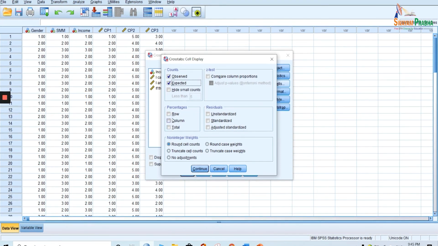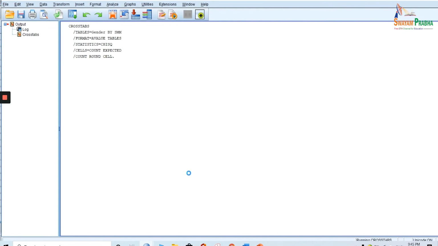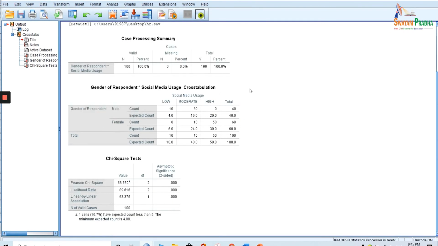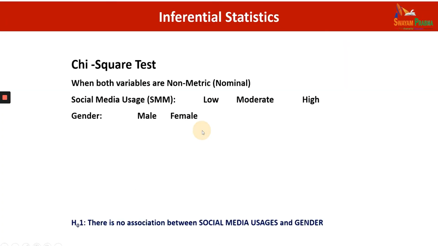But it is optional. Even if you do not check it, it will give you the result of your hypothesis. So let us continue this one, and the rest everything is okay. We have to press now the OK button. Now let us understand, because our ultimate aim is that we have to either reject our null hypothesis, or we have to fail to reject the hypothesis. We have to take the decision on this very hypothesis which we have just framed in this case.